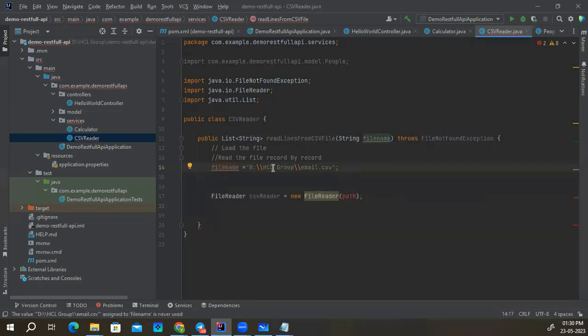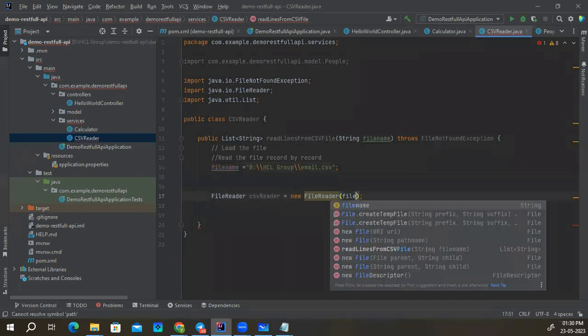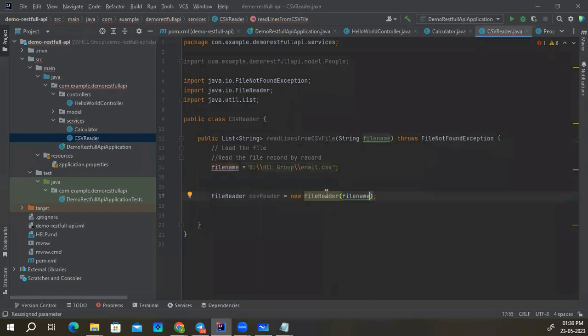See, I am trying to hard code. Okay, I will remove it later. I'm just showing it for your better understanding. So you give the file name. So what will happen? If the file is not present,